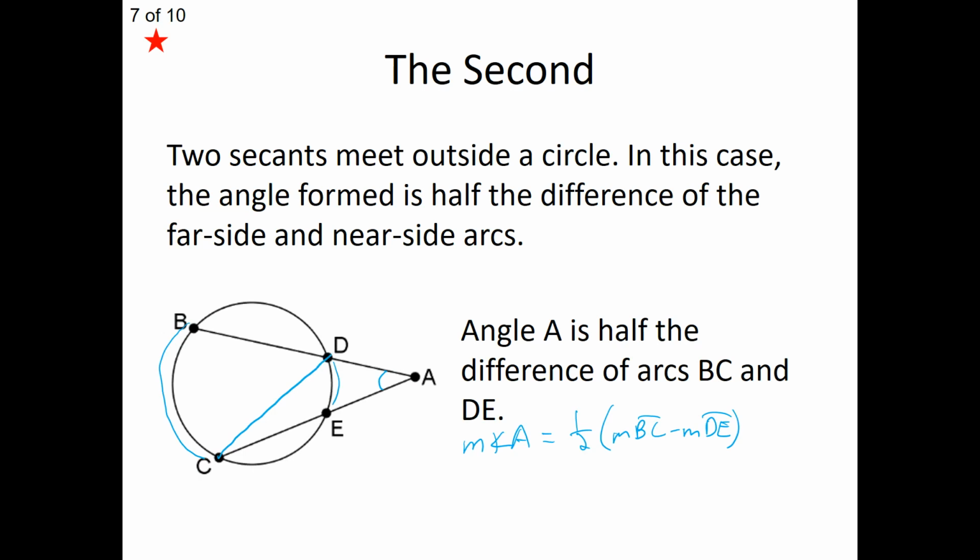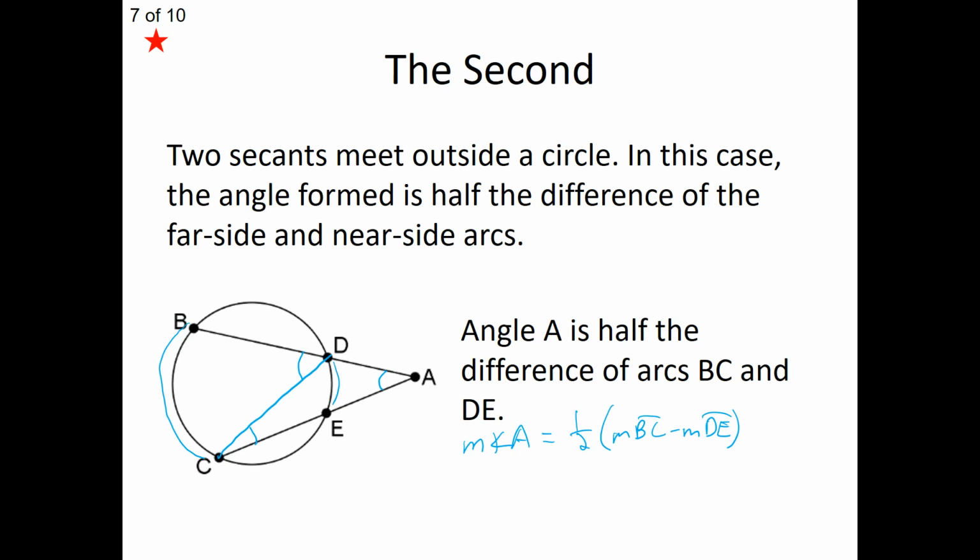When you connect point C to point D, you actually form angle C here as an inscribed angle. That inscribed angle is cutting our arc there, DE. But when you connected C to D, there's a second angle that's also inscribed. It's this angle right here, angle BDC. And angle BDC is cutting the arc BC, which means there is already a relationship between those two inscribed angles that are formed to the two arcs, the far side arc and the near side arc related to angle